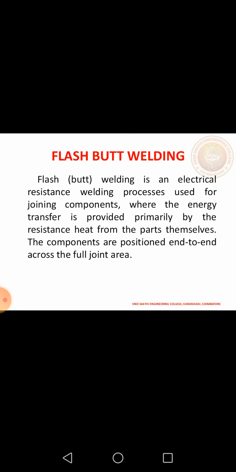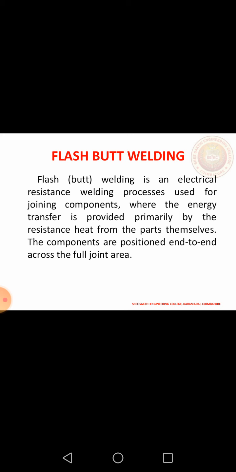Next one, flash butt welding. The welding process is based on the principle of a regulated electric short circuit with the two rail ends functioning as DC poles. The high current is produced on or between the rail ends. The two rail cross sections are heated to melting temperature due to the high input of the current.